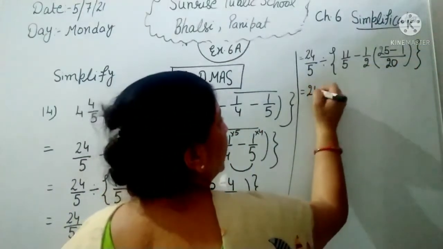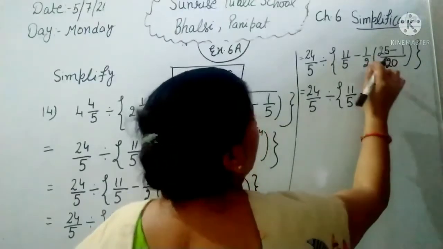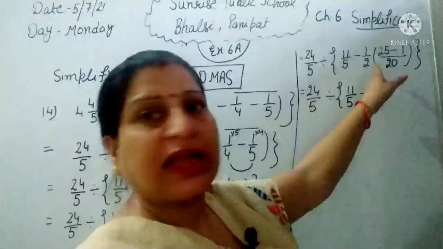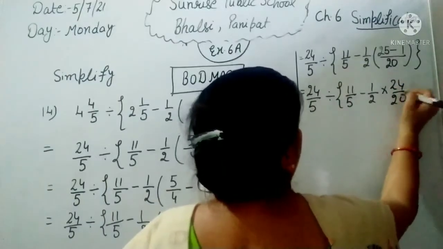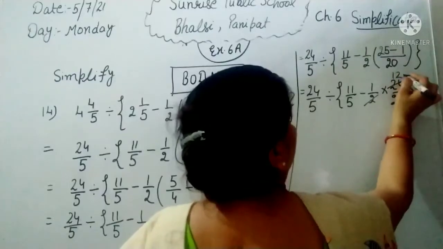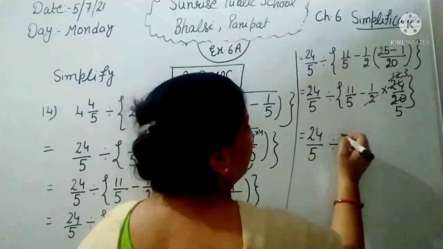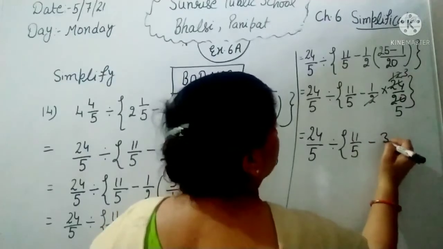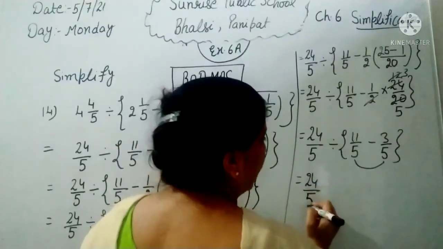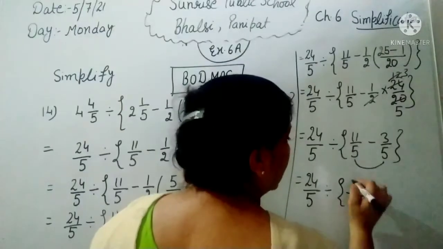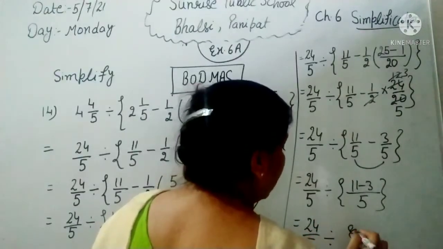Now here we write 24 by 5 divided by 11 by 5 minus 1 by 2. अब देखिए 1/2 और इस ब्रैकेट के बीच में कोई भी साइन नहीं है, it means यहाँ पर आप multiply करेंगे तो multiply करने पर आया आपके पास 24/20. जब आपने इसे सॉल्व किया 2 12 and 4 3 12, 4 5s are 20. Now in the next step 24/5 divided by 11/5 minus 3/5. Now these are like fractions. Like fractions में जो आपका LCM है वो as it is आ जाएगा, तो 5 ये आ गया, 11 minus 3, that is equal to 24/5 divided by 8/5.